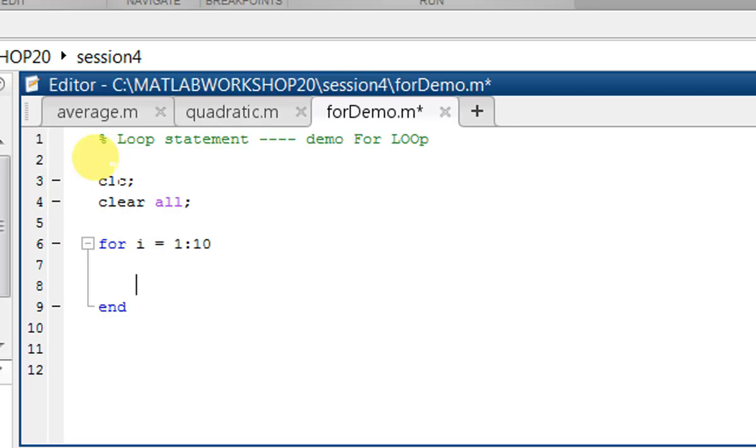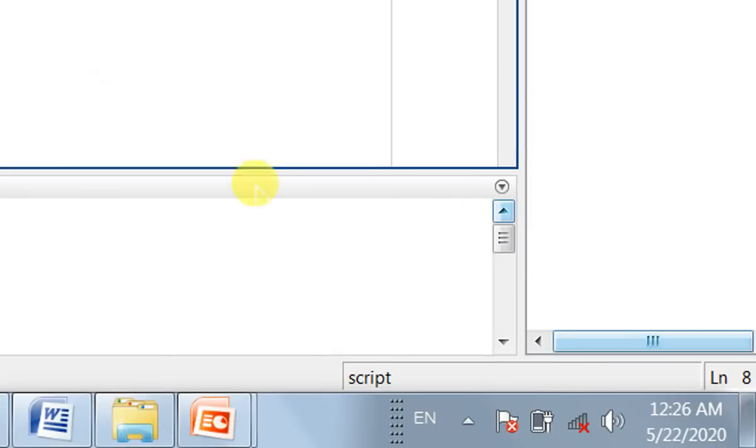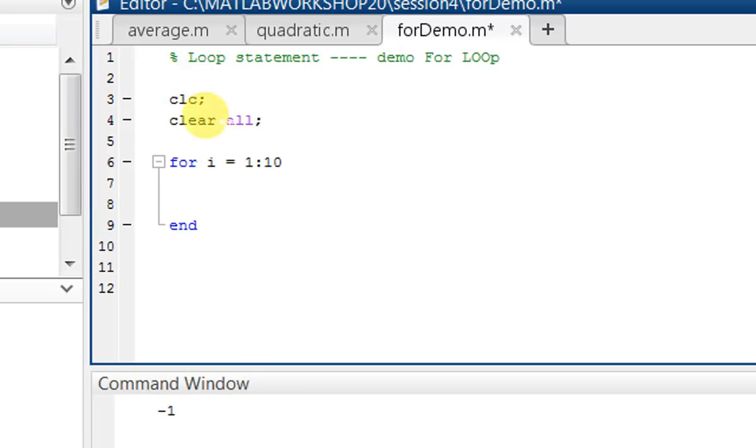Inside the for loop we have to write some operation. What should we write in this? Now we do some arithmetic operation. We first define the x variable, x equals 0, and sequentially we add, x equals x plus I. What do we get as the output of this?